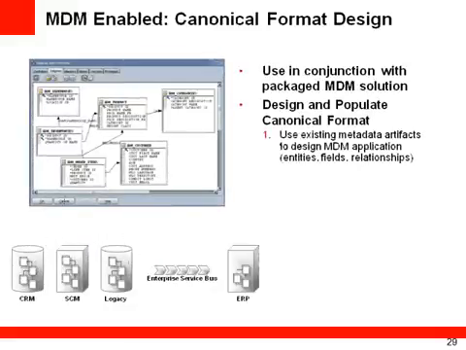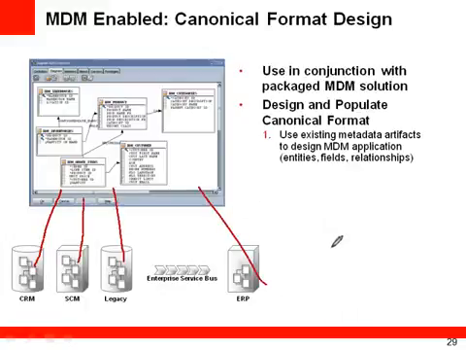See here. This is the format design. Here I have what, sir? Some CRM. Here I have some SCM, some legacy, some ERP, something is available. I am designing this one from where, sir? One table from here, one table from here, one table from here, one table from here. Like that I am taking and I am trying to design this overall mapping. That means you are trying to get the data from heterogeneous sources or not, sir?